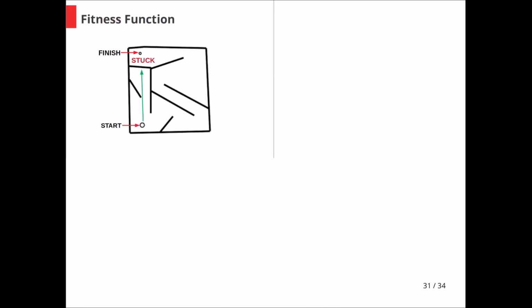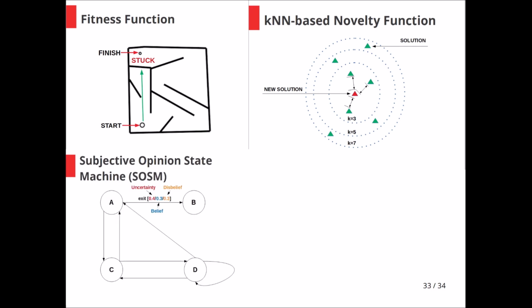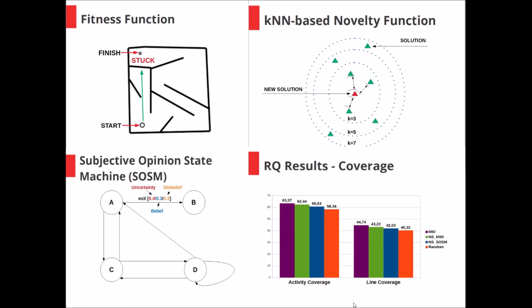This brings us to the conclusions of our presentation. We have seen that the genetic algorithm using a classical fitness function can get stuck under certain circumstances, whereas a novelty function based on either a k-nearest neighbor based approach or on a SOSM model can overcome this problem. The evaluation has shown that the proposed novelty search variants can outperform random exploration,